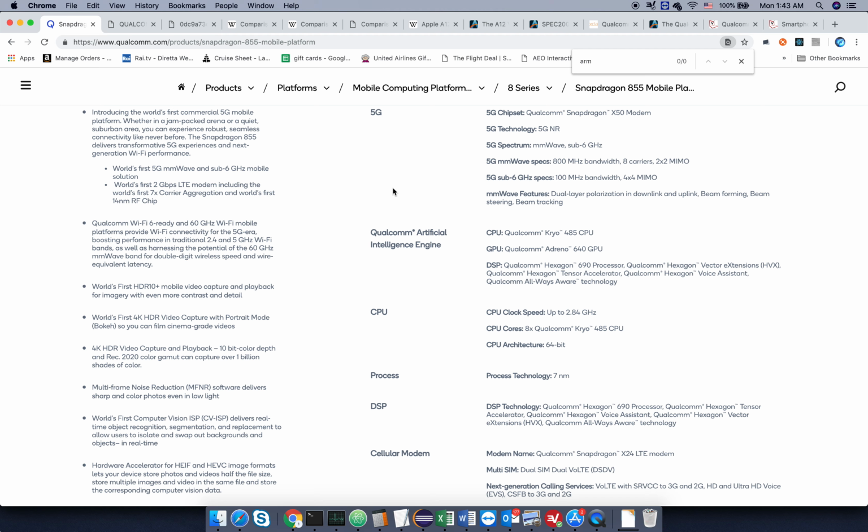Snapdragon 810 essentially just put a bunch of A57, I think, cores in there, and it overheated. It was the first time Qualcomm did that, and Snapdragon 810 was no better than, actually worse than, any other SoCs that use the same ARM cores. And then after that, they went to these Kryo cores, which are basically modifications on the ARM designs as well. So that's one thing. I would say the brand name Snapdragon would probably deteriorate a little bit.